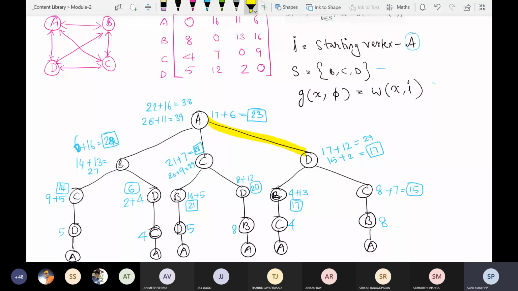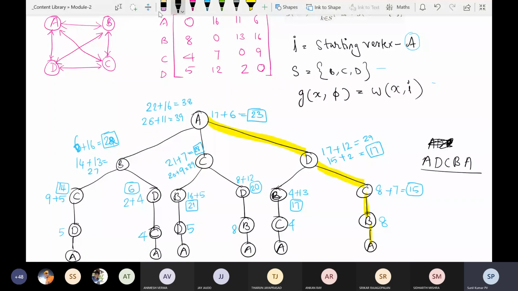Going to B means it will cost 17. Going to C means it will cost 15. So the salesman should take this path, D to C, which is cost effective. Now from C, there is just one option, so follow that option, C to B and B to A. So what is the path taken by the salesman? A, D, C, B, A is the path taken by the salesman.